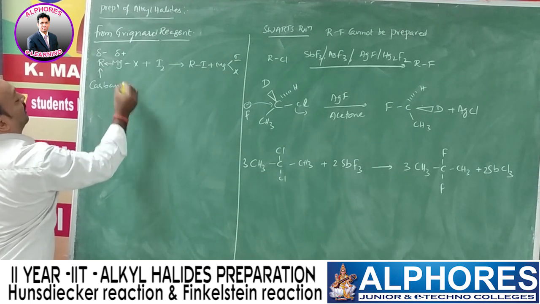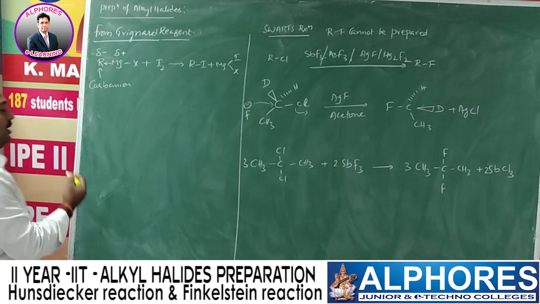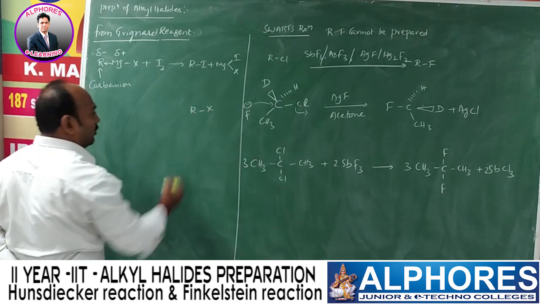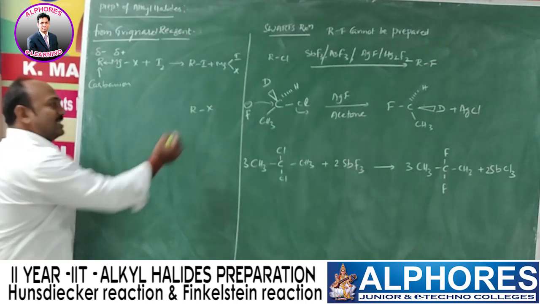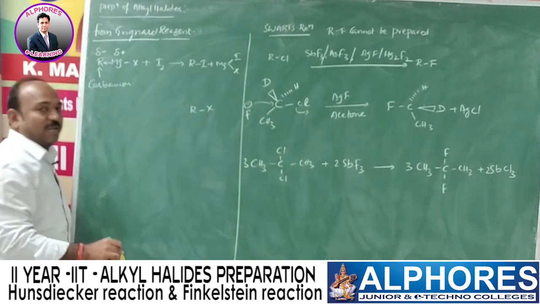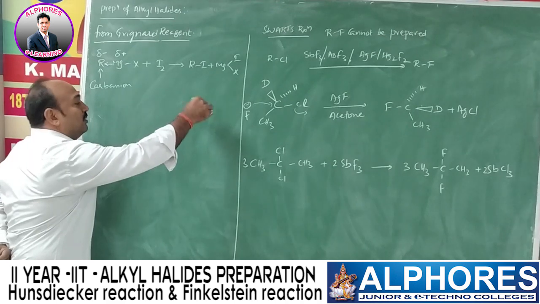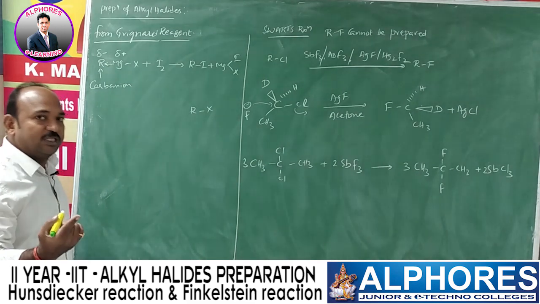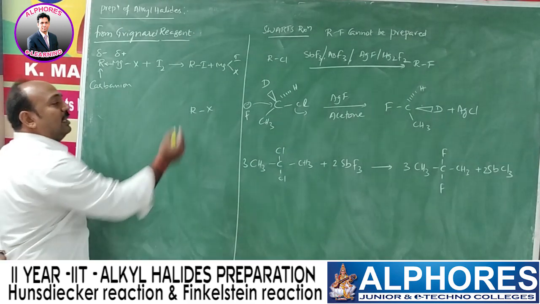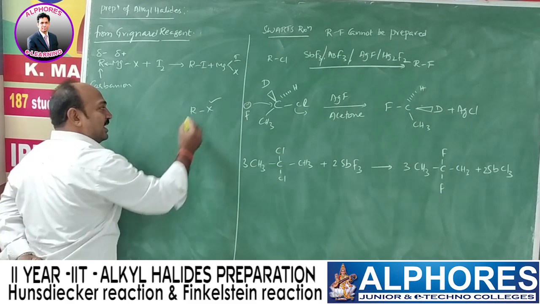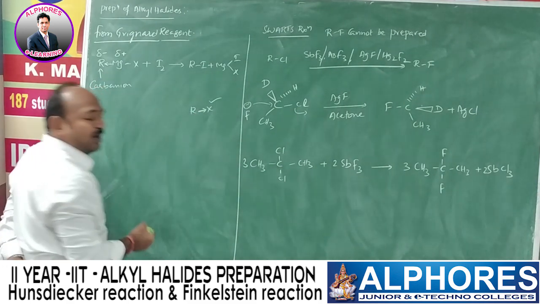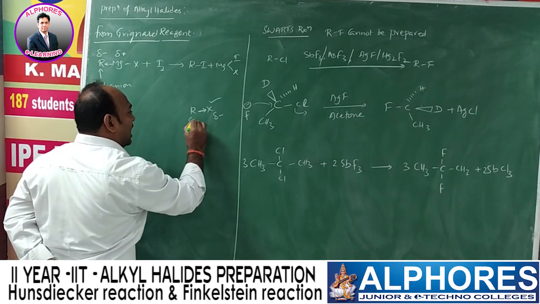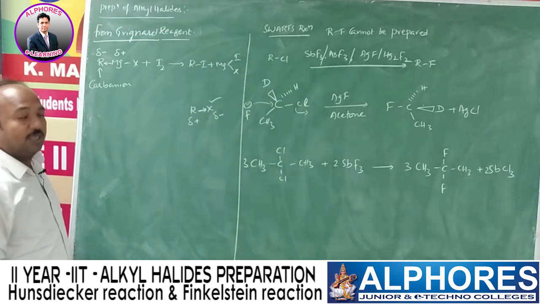The difference from regular alkyl halides: in alkyl halides R-X, if you observe, X is more electronegative, where X is fluorine, chlorine or bromine. Of course, compared to iodine, carbon and iodine are about equally electronegative. Except iodine, the remaining halogens like fluorine, chlorine and bromine are more electronegative than carbon. In such a case, these halogen atoms pull the sigma bond electrons towards themselves. As a result, the halogen acquires a partial negative charge and carbon acquires a partial positive charge.